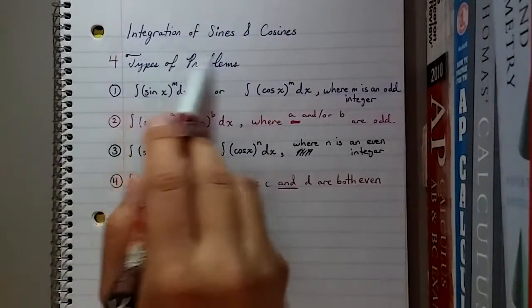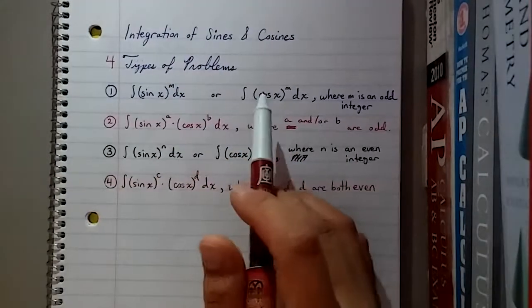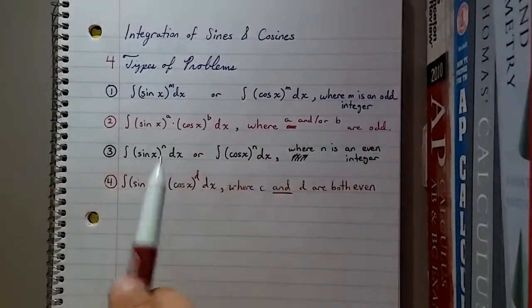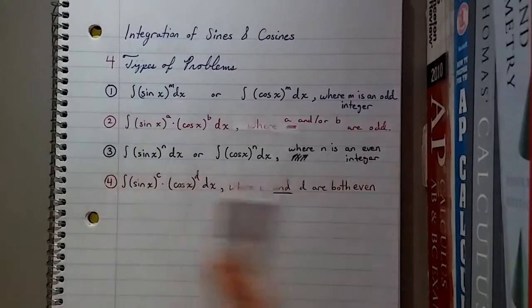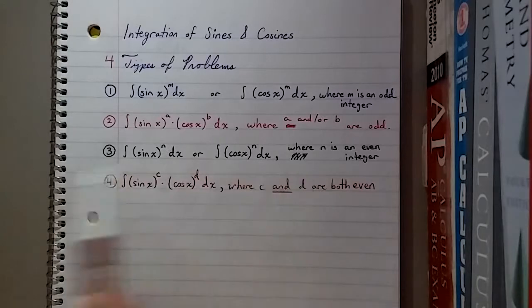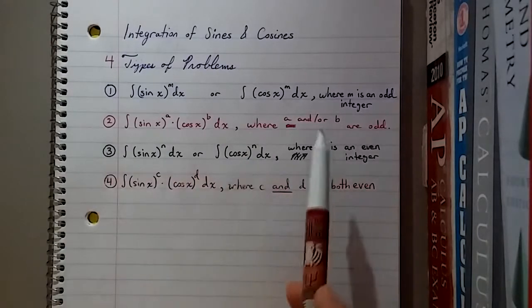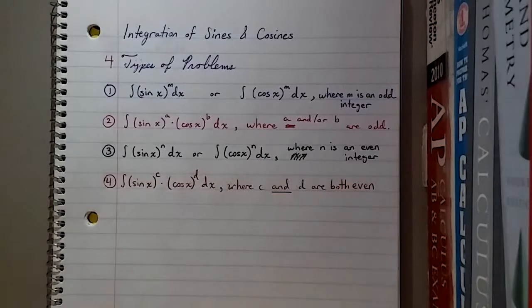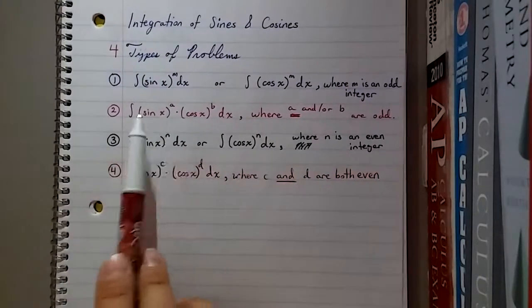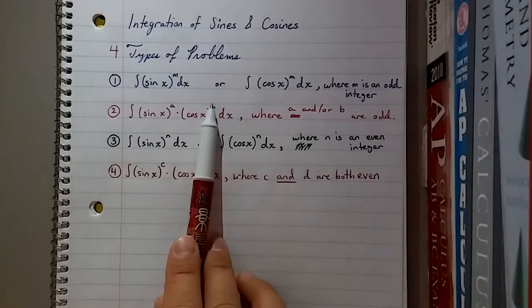But there are four types of sines and cosines that you could integrate. So here are the four types. First one is where you just integrate sine or cosine, but the power is odd. The second one, I don't know why I wrote this out of order. The second one is where sine and cosine are integrated, but the power is even. The third one is where you have both sine and cosine, but the powers are